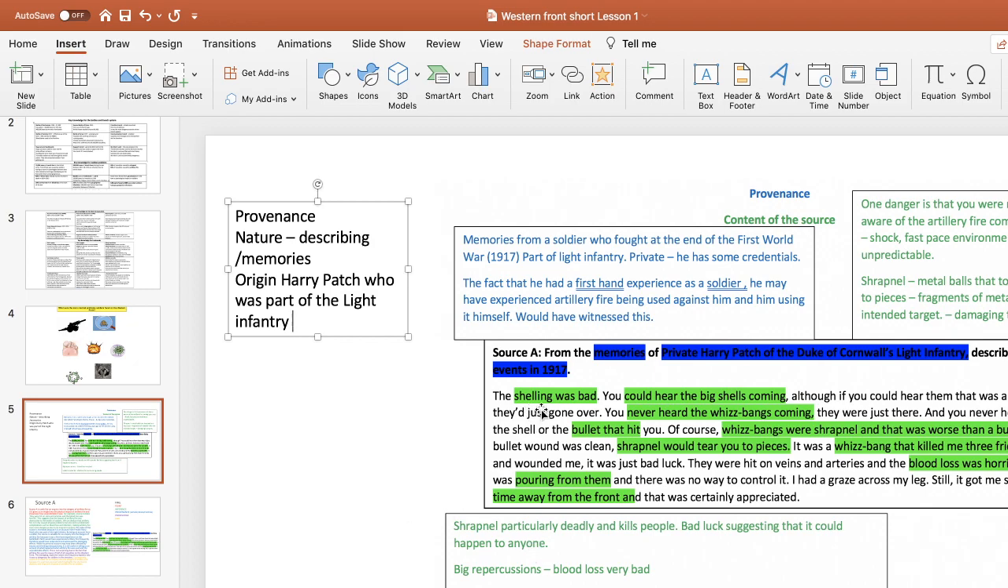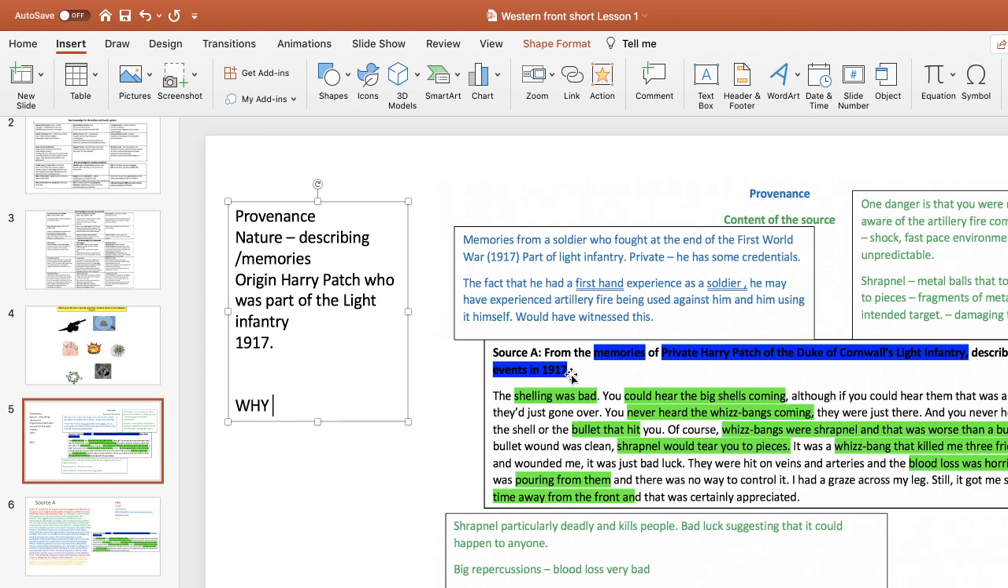And he's describing events from 1917. So we know that he's retrospectively speaking about the time of 1917. Now we need to think about that provenance, and we need to understand, why is that useful for us? Why is it the fact that he's a soldier who fought in 1917? Why is that more useful for us in learning about the dangers of artillery fire than a